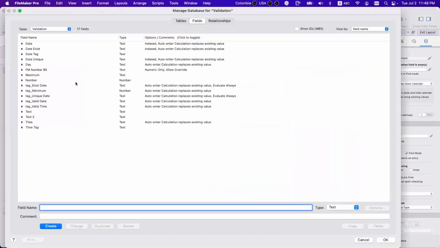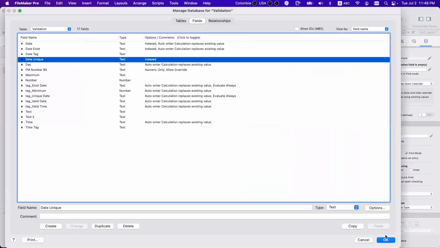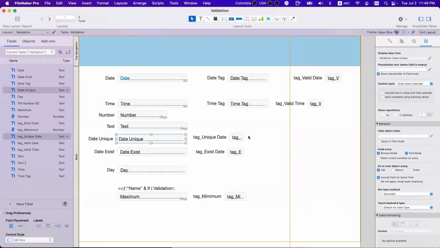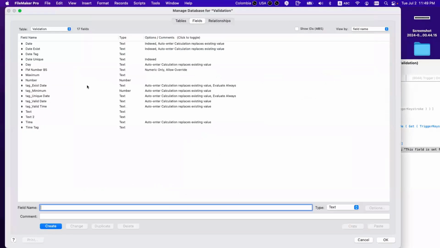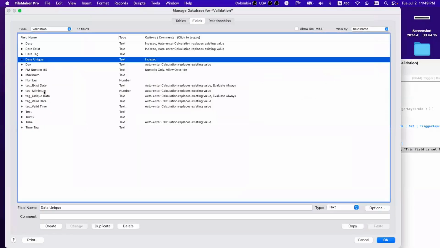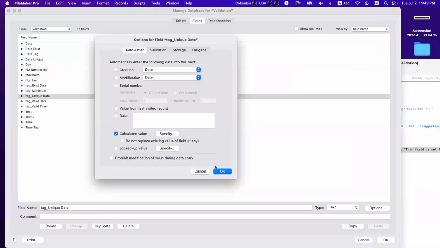So let's use only the tag for now. Okay. Unique date. Why doesn't it work? Oh, I know why. I pointed to the wrong fields.